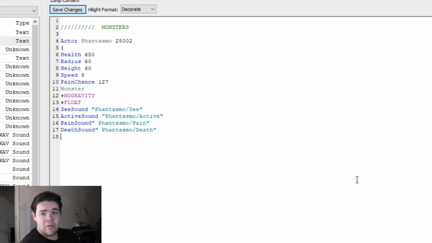Okay, like the weapons, we'll give the monster an obituary, which is basically a message that appears on the top left of the screen with a message most commonly referring to what the monster was, who the victim was, and how the monster killed the victim. You can put whatever message you want. Say, for example, if you want to prank a friend, you can have a message saying, "Ha ha, gotcha." But for this, I'll just keep it traditional Doom style, so put